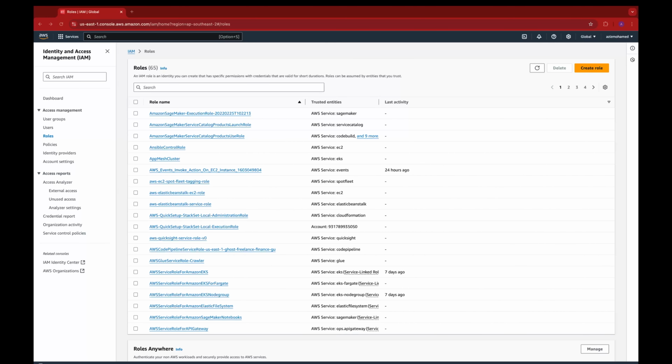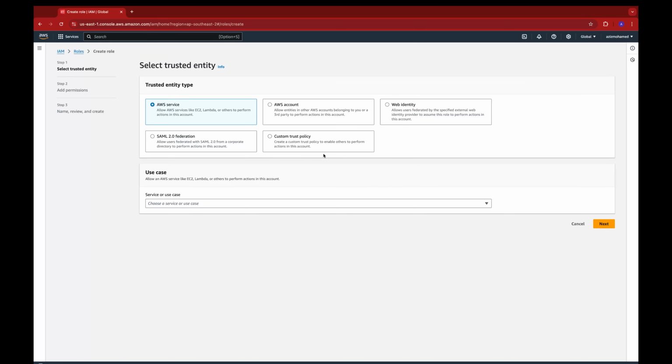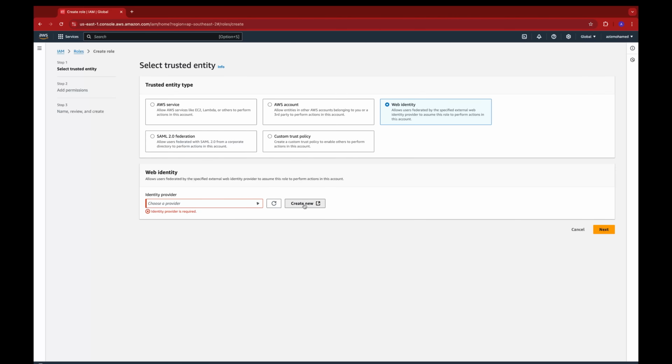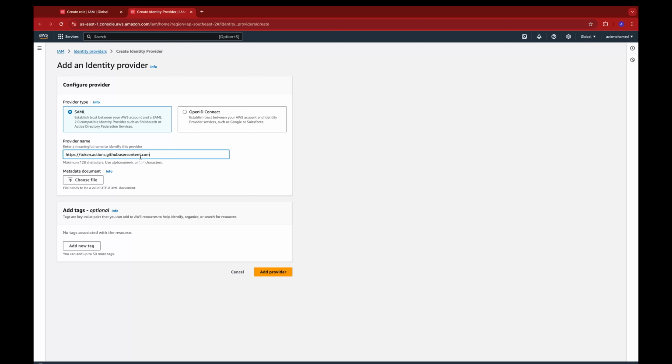Now we are going to create the role that will be assumed by the GitHub Actions. So navigate to the IAM services and create a new role. In the trusted identity type, you select Web Identity, which refers to the GitHub Actions. And from the list, these are all the identity providers that I have already created. But if you haven't created the token actions GitHub user content yet, you create a new identity and write the provider name